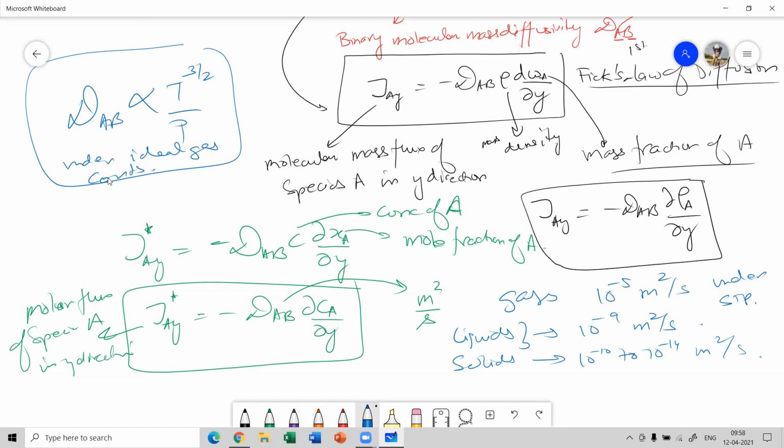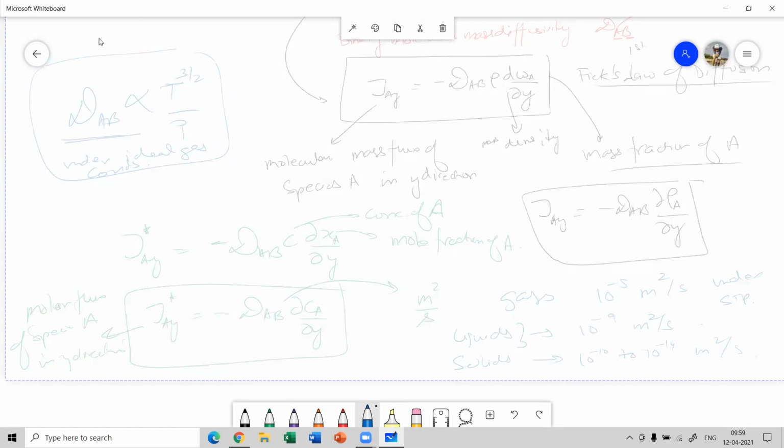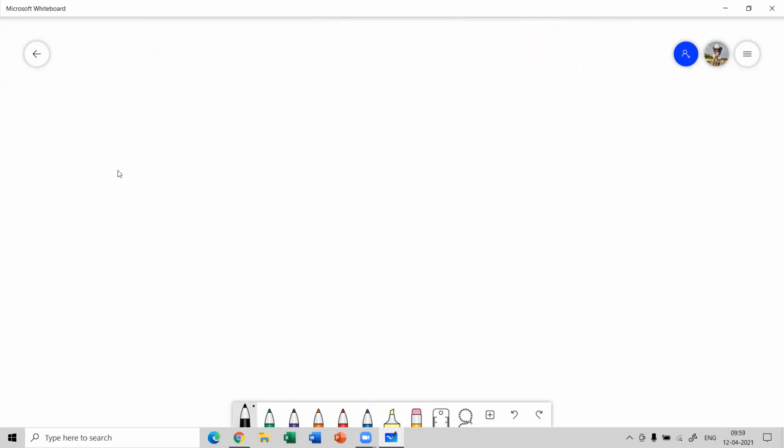So if any gas is under ideal gas, then the diffusion coefficient is directly proportional to T raised to the power 3 by 2 and inversely proportional to the pressure conditions. Now, if you look at the Newton law of viscosity, if you look at the Fourier law of heat conduction, and if you look at the Fick's law of diffusion,